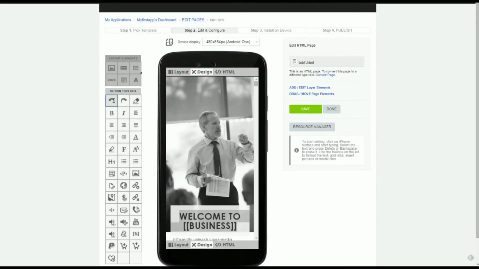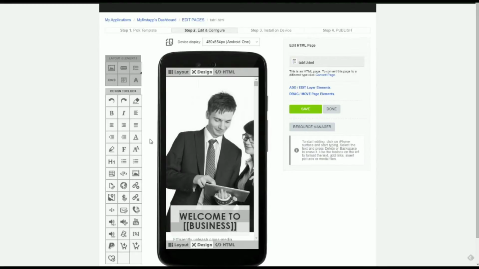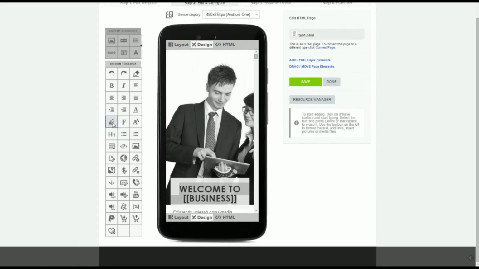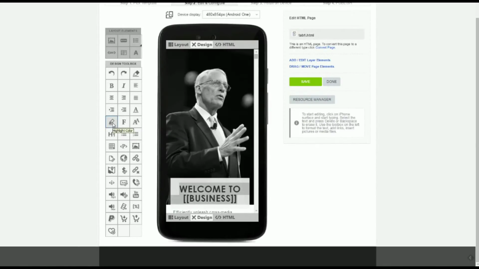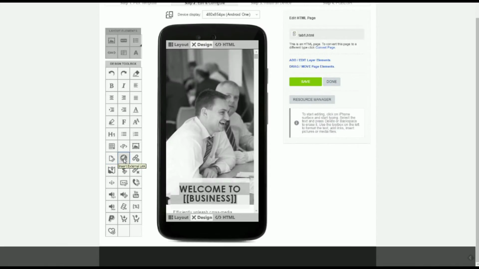I'm just going to undo that because that's heading text. You can also change and add highlight colors and so on and so forth. You can insert internal links, external links,